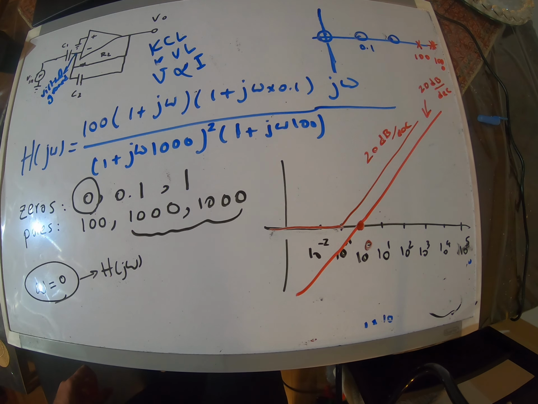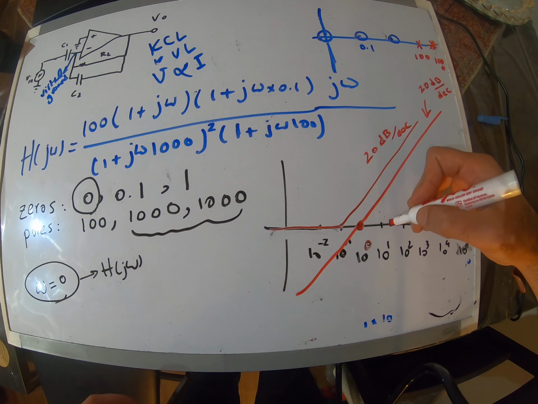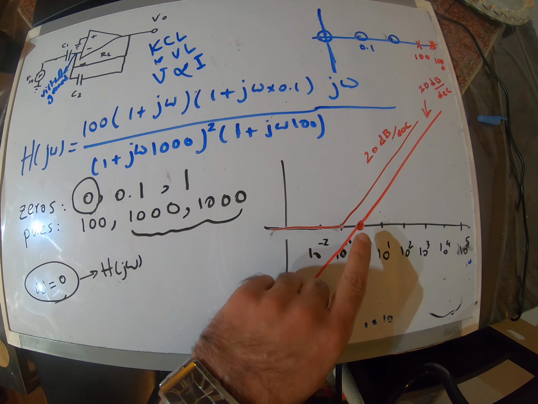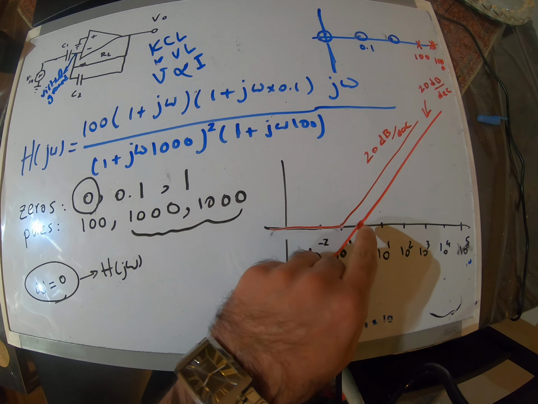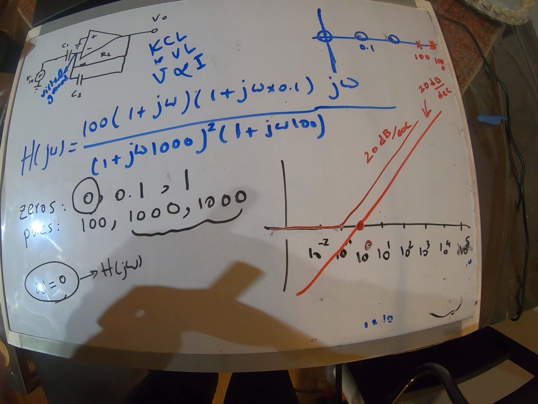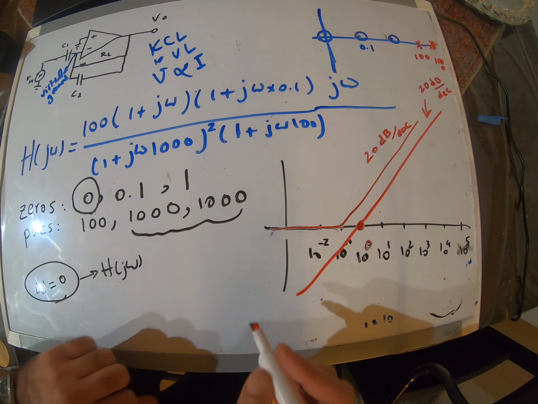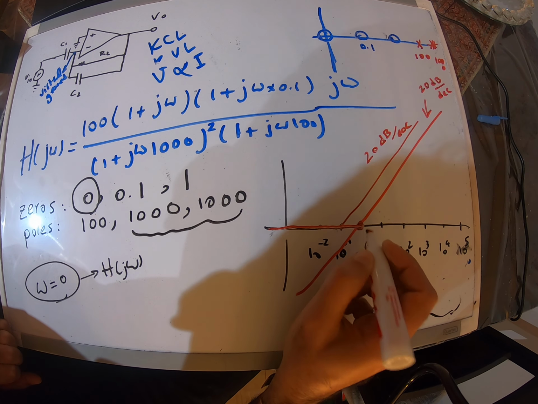And we have another zero at omega equal to 1. At omega equal to 1, we have another zero, right? So this happens to be exactly at this point that we have. So in this case, I have to do it. So we're going to have another zero. This goes up to here, but